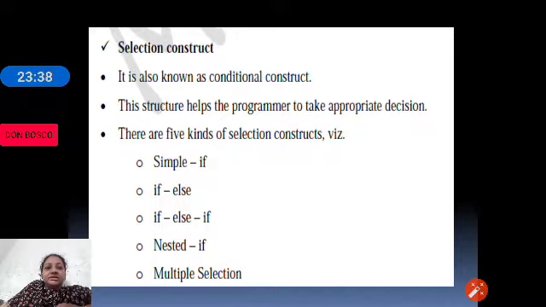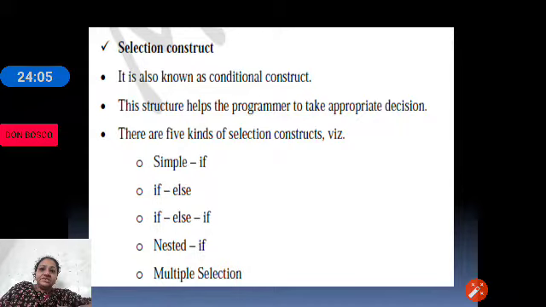So selection constructs help the programmer to take a decision. There are 5 kinds of selection constructs. Already one example for each we have seen in the previous session of algorithm and flowchart.